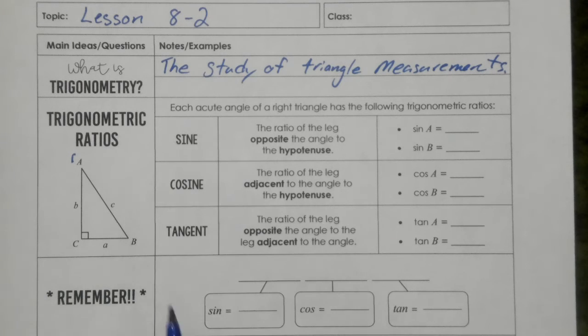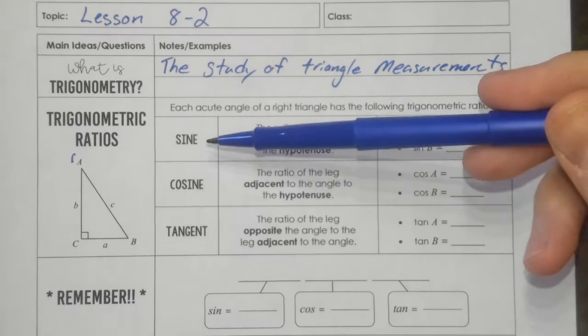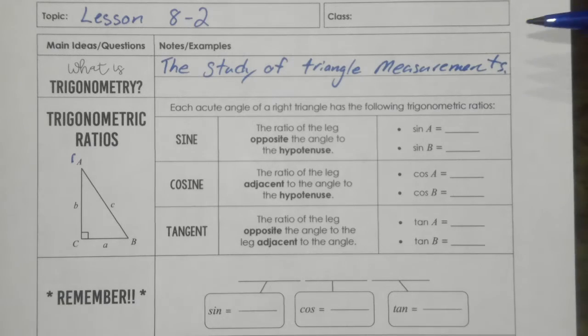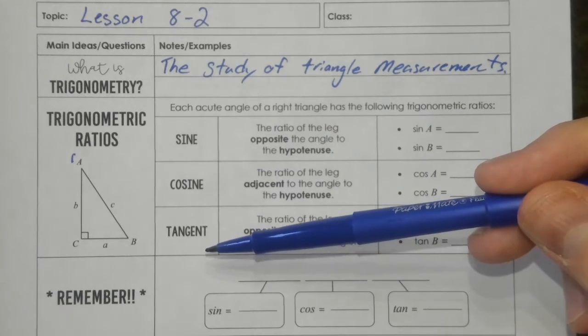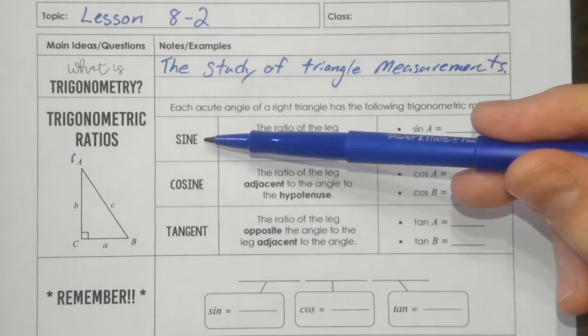Okay. So first of all, what is trigonometry? And I wrote here, it's just the study of triangle measurements. So specifically in right triangles, we're going to look at the ratios between the angles and particular sides. Okay. So we have three basic ratios. These are our basic trig ratios: sine, cosine, and tangent. Okay, for sine,